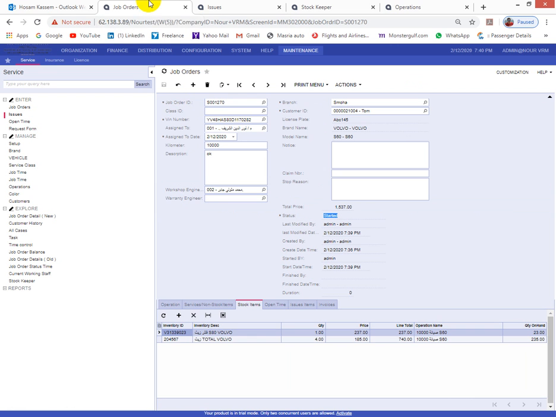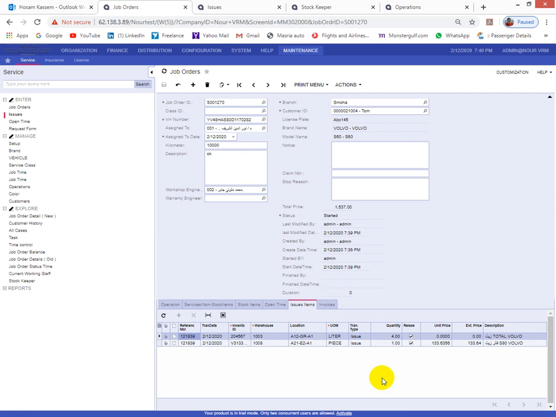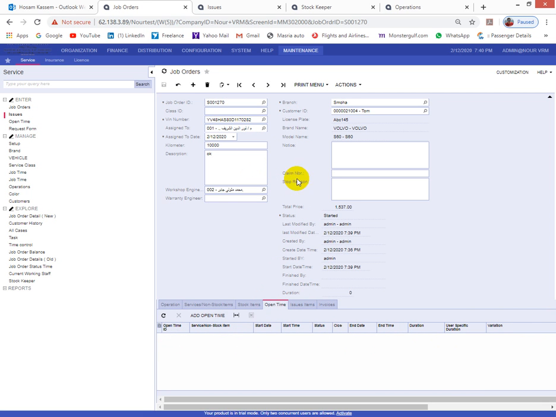If we go back to the job order, we will find in the issue items tab one reference number with 2 items and quantity 4 and 1, and release done and unit price and everything. If we go now to action and complete job order,